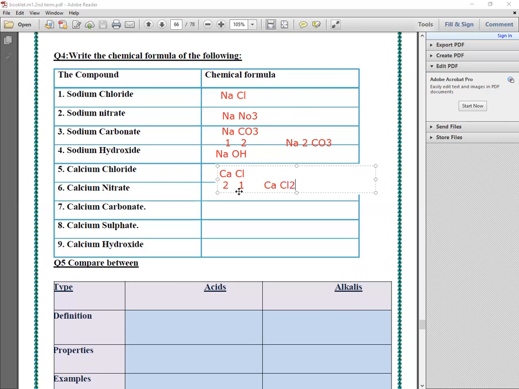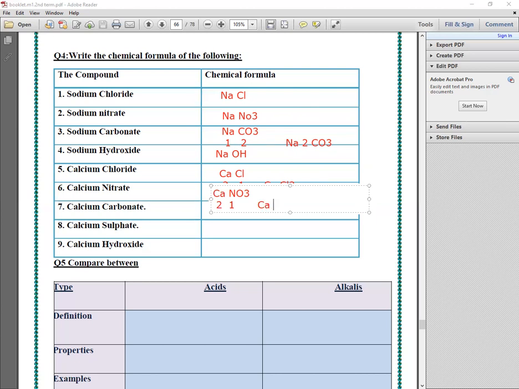CaCl2. Trace cross, so Ca take 1, and Cl take 2. Number 6, calcium nitrate. Ca, nitrate, NO3. But calcium is divalent, nitrate is monovalent. So the chemical formula is